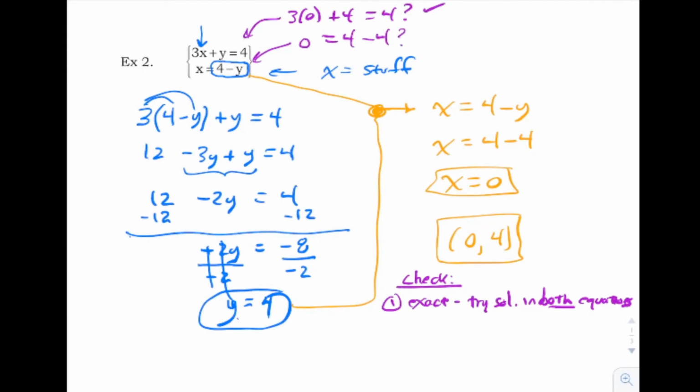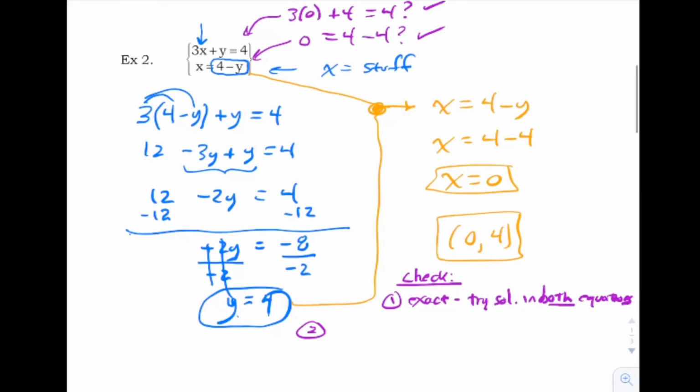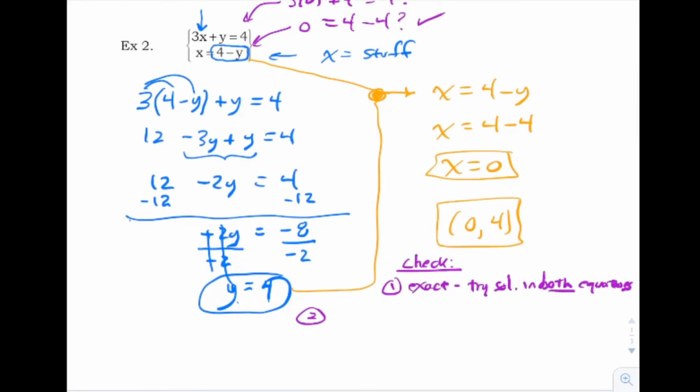It does, right? It checks. So that's the exact way to check it. Now, this particular system of equations wasn't hard to check exactly, but sometimes you get weird fractiony, decimally answers, and you want to be able to check, and you don't want to have to get all involved. So a nice, quick and dirty